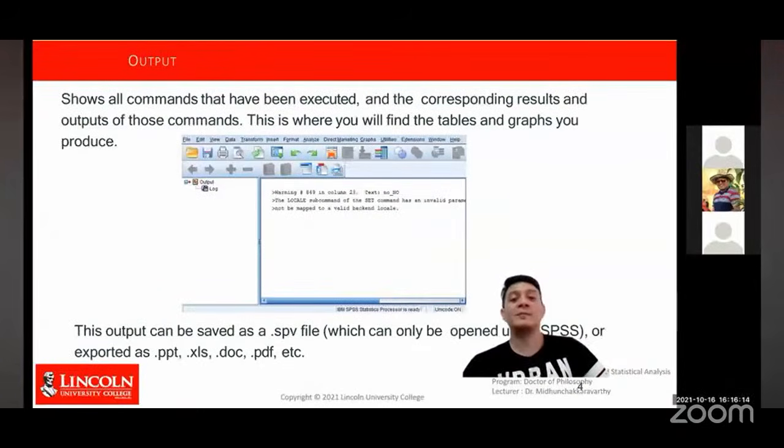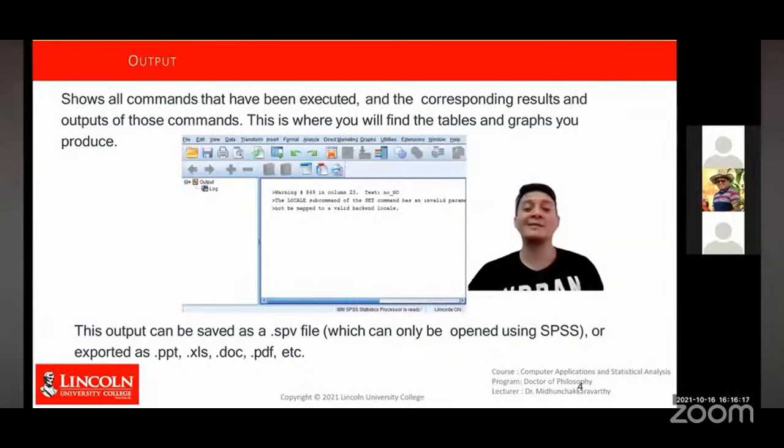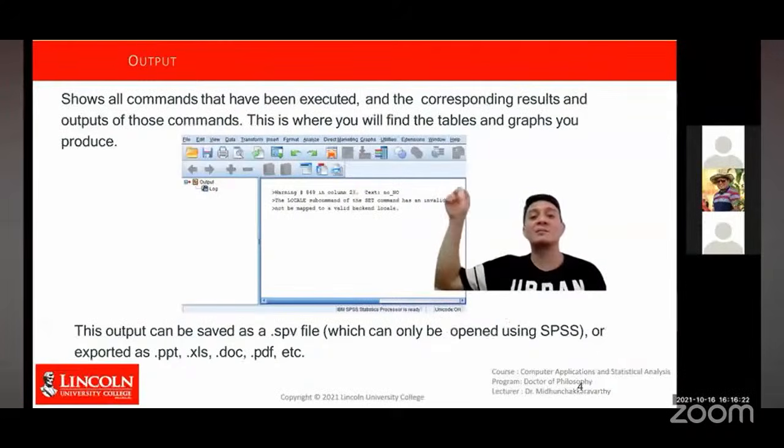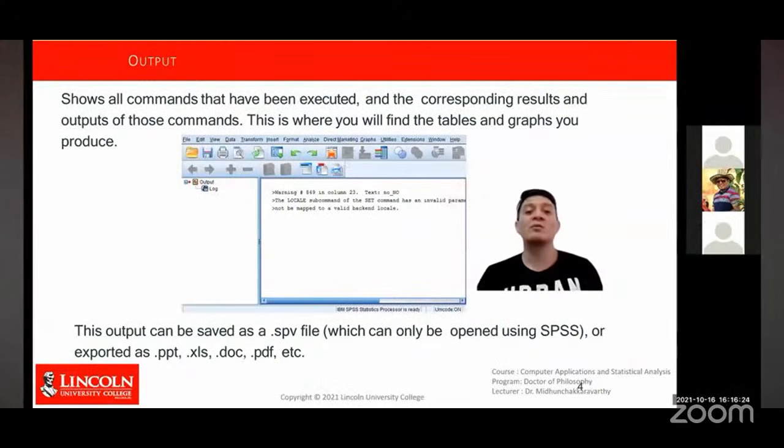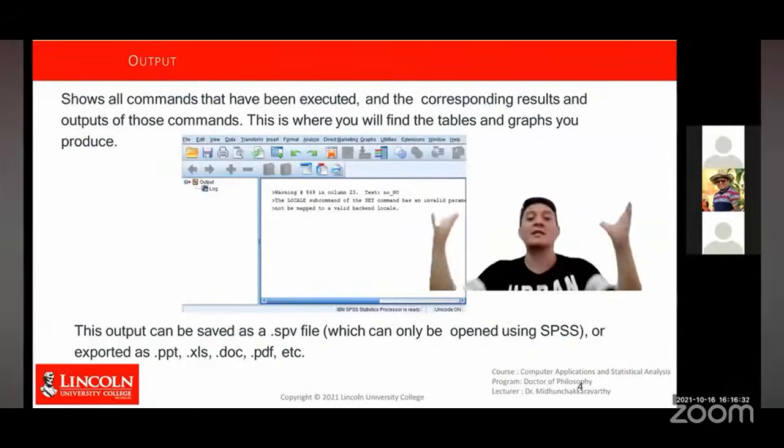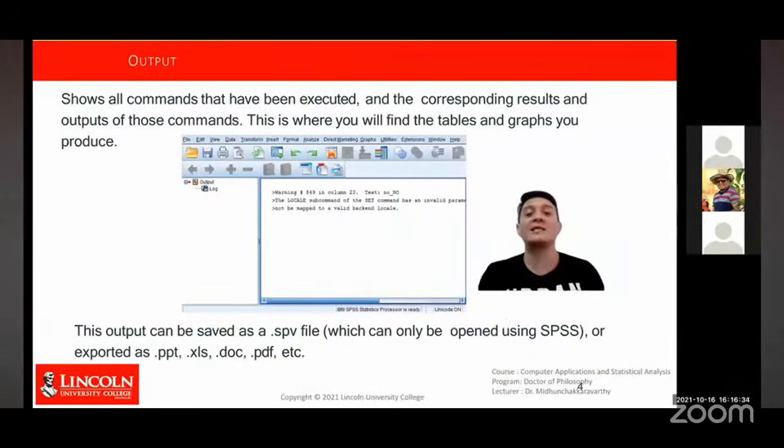The output window shows the commands that have been executed and the corresponding results, where you will find the tables and graphs that you produce. This is a different window. It will appear suddenly if you click save on SPSS, an extra output window will appear. So be careful with the windows that you choose, whether it's an output or the variables that you're looking for. This output can be saved in an SPV file, or it can be opened using SPSS,